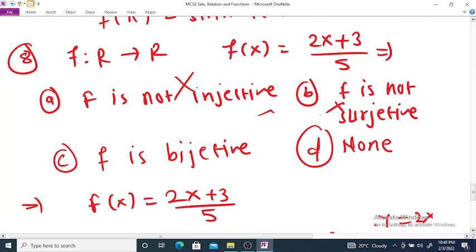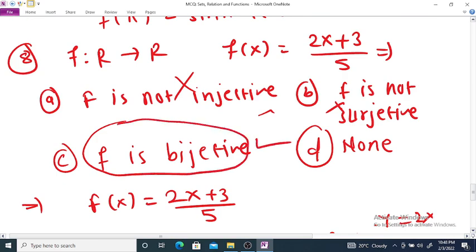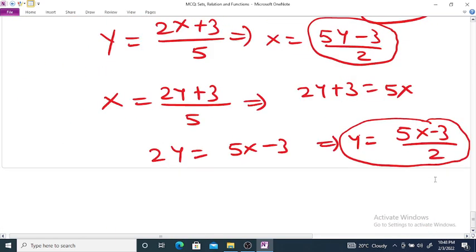This is not a correct option, and therefore f is injective and surjective, therefore it is bijective. So the correct option is option number C. Now the next example, let f is a function from